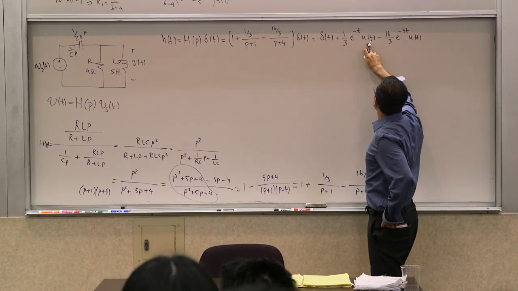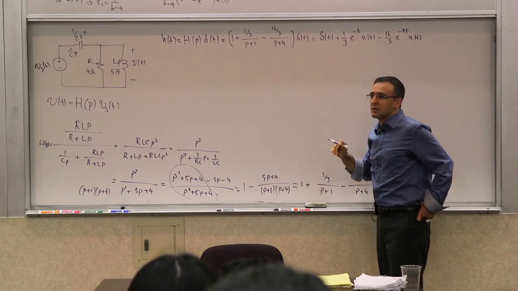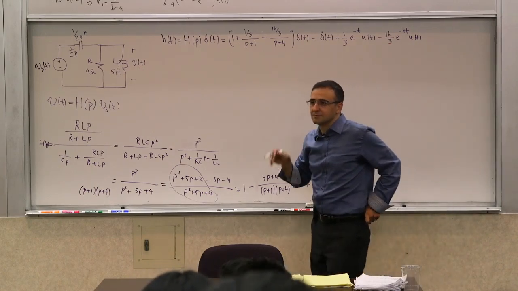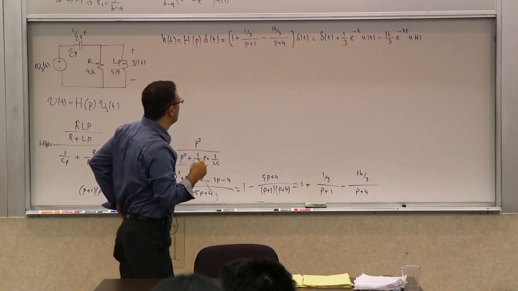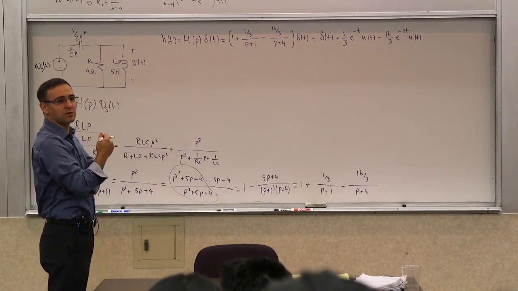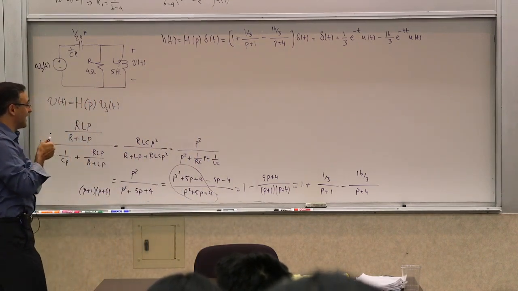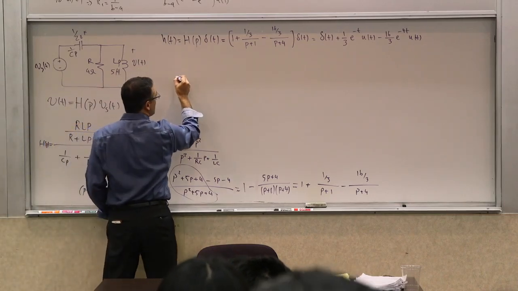I can also factor u of t out between these, or the 1/3, but it's not a big deal right now. So that's the answer. That's the impulse response. The impulse response has an impulse. So if you plot it